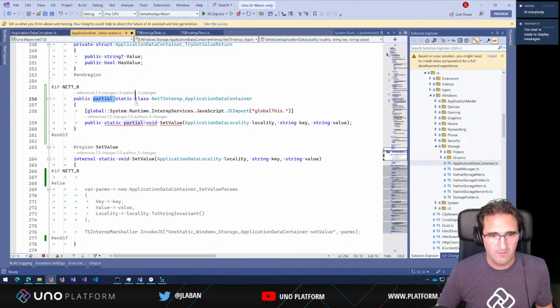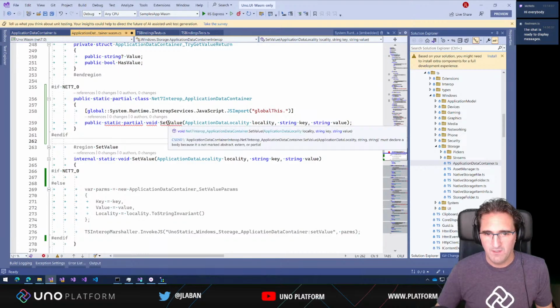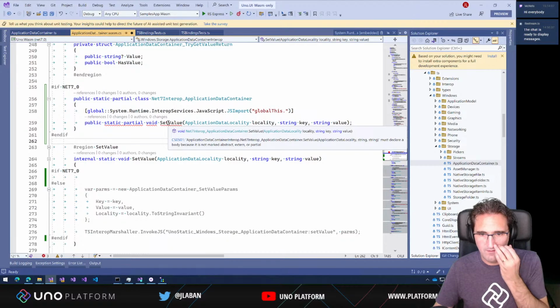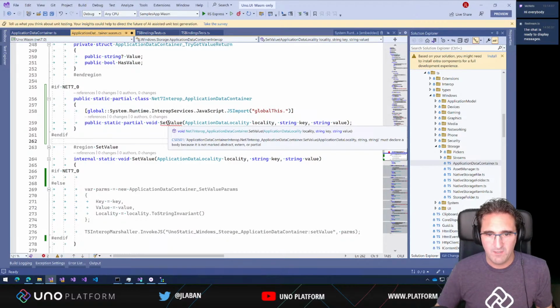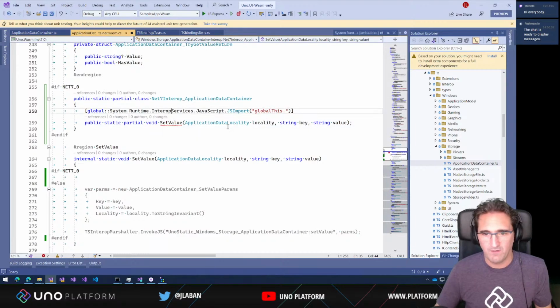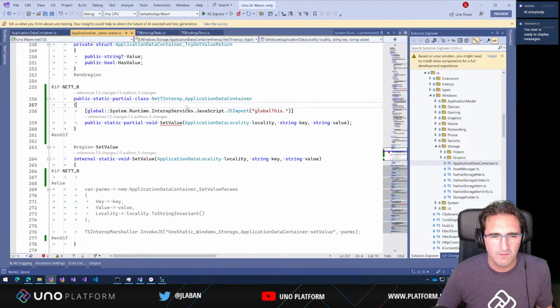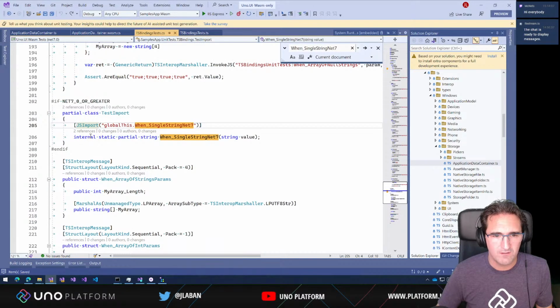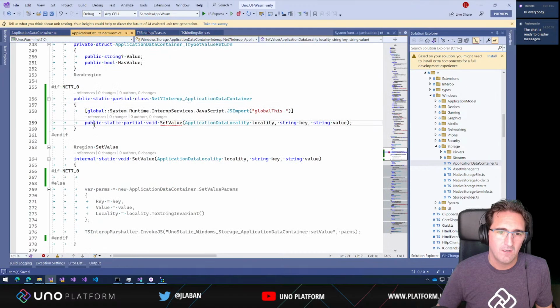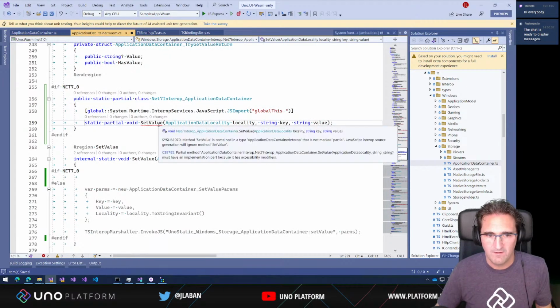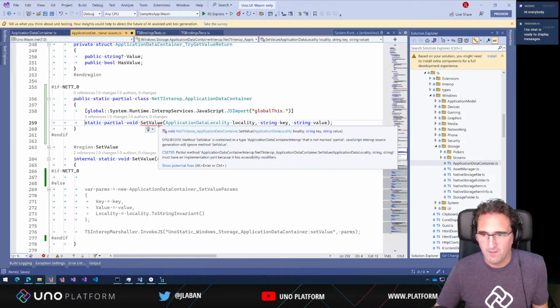Okay, probably input the right class, the right type. So static partial class. There you go. Must declare a body because it is not marked abstract external partial. Okay, so let's take a look at what I did on the other one. I don't recall. So internal static partial. Oh, it must not be public, I would guess. Is that what it is? Maybe not. Okay, so it says